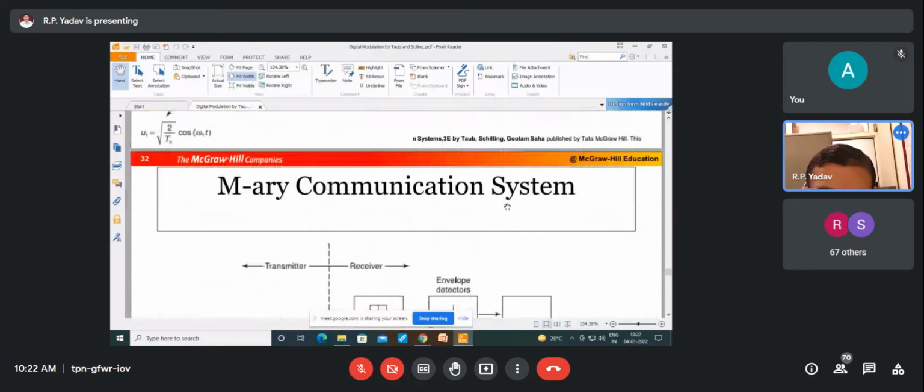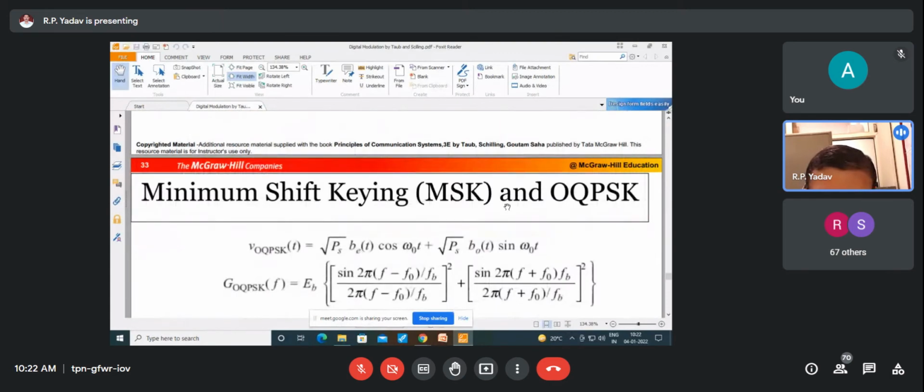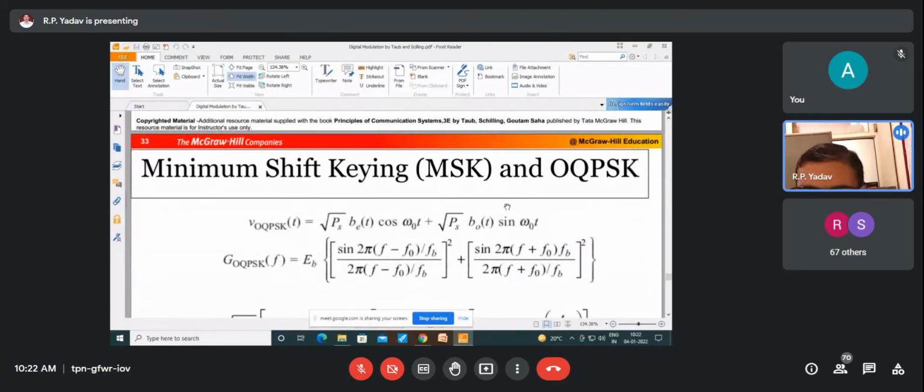Thank you. I think it has taken a little bit of time, but anyway, what we were discussing was minimum shift keying and how this minimum shift keying is different from QPSK. QPSK, quadrature phase shift keying, we have already studied. So what are the basic differences between MSK and QPSK, and why do we want a better scheme than QPSK? The motivation is that if you look at the spectrum of a QPSK system,